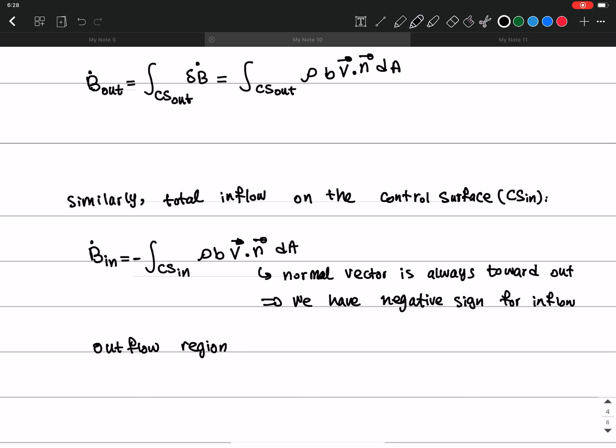The normal vector is always outward, and this is what we always define for a normal vector in fluids and in control volumes, as a convention. Okay, so for the outflow region,